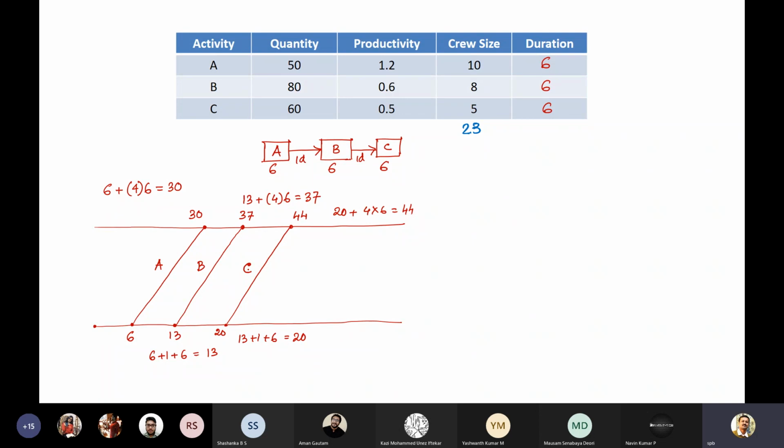And that is possible. And sometimes you may see that to do that, you can have some improvement in the productivity or whatever. So you can see that some activities are taking a lot of time. Suppose activities A and B are taking a good 6 or 7 days, but activity C is taking 12 days somehow, with the 23 manpower. So you see what activity C is, and then put some more machines or more equipment over there, one or two more concrete mixers or whatever. Try to reduce the productivity factor from 0.5 to 0.2 or something like that, and with the same 5 manpower you can try to decrease the duration.